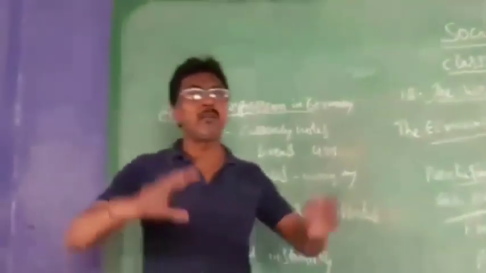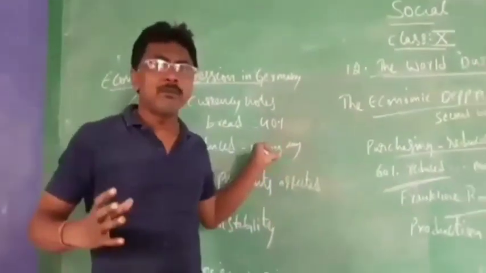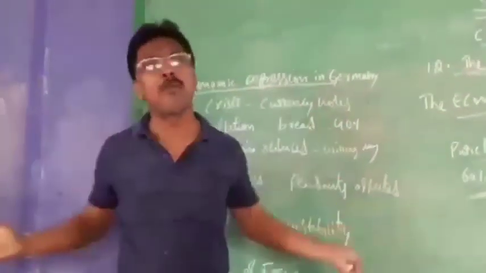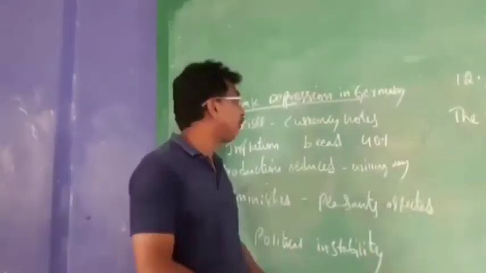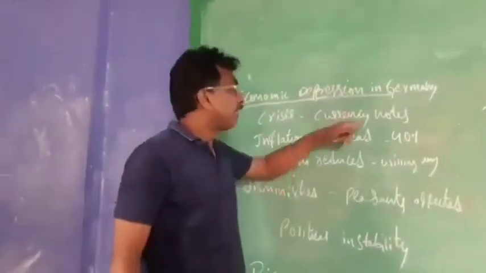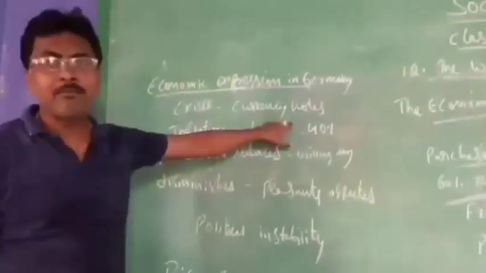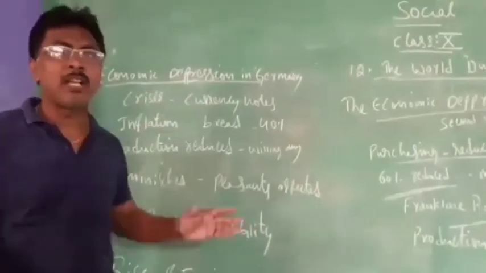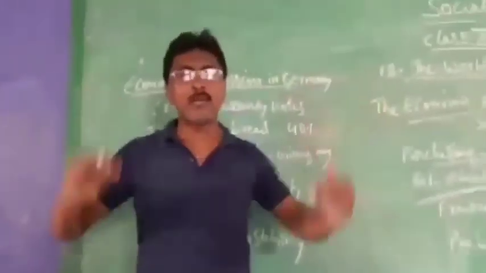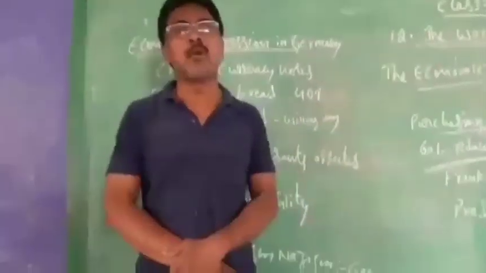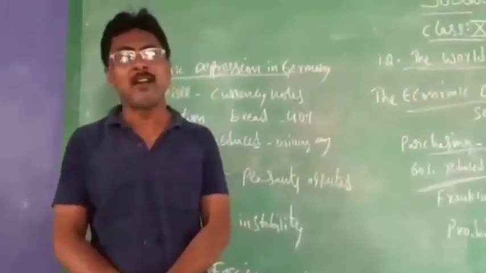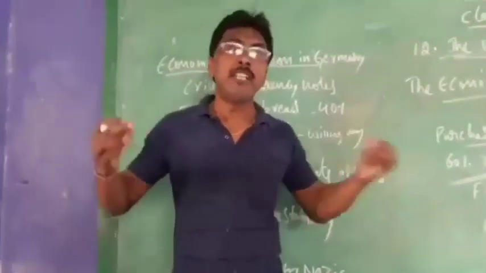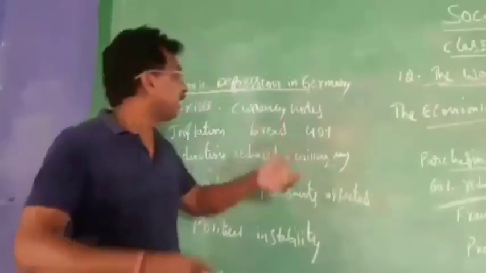What did we see? Economic depression. In Germany, the government ordered to print the currency. They printed a lot of money and distributed it. Listen here, what did they do? They printed the currency notes. Today, if the money is not there, it means we should not print the money. In Germany, there was economic depression. There was no money to give the employees and for the development of projects. So Germany started printing the currency, notes, and they started distributing to everybody.